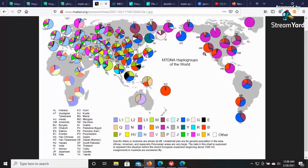But notice there's a difference between the Semitic mitochondrial DNA in Asia and the Semitic mitochondrial DNA in Europe. So the HVs and the A's all the way to K is the European Semitic mitochondrial DNA, and the N's through F, which includes this lime green, is the Semitic population in Asia, which is considerable, which is substantial. I mean, it's a lot in the Asian population, but autosomally there's probably more Asian because there's a lot of Y chromosome there. So autosomally it is quite a bit Asian,